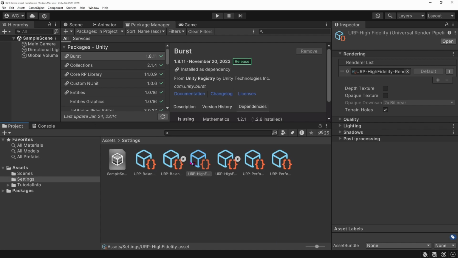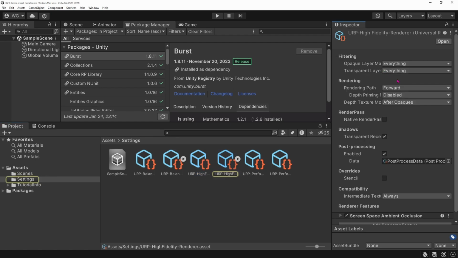Okay, it selected it in the project view. Here you can click even further on the renderer list. What you want to select for the rendering path is Forward+. That will enable better compatibility with Unity Entities Graphics.